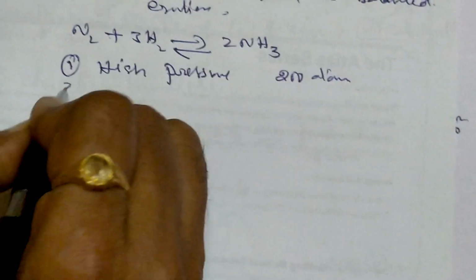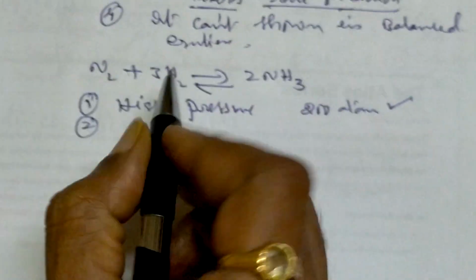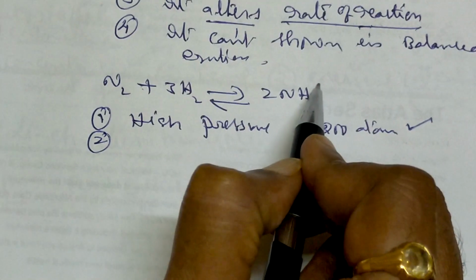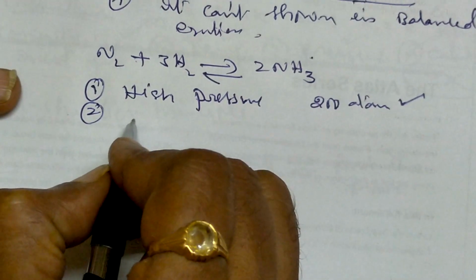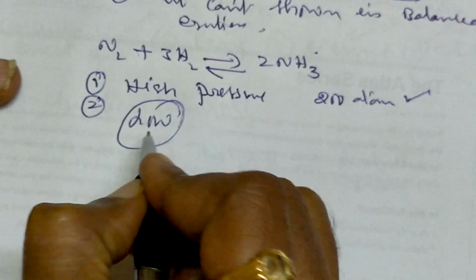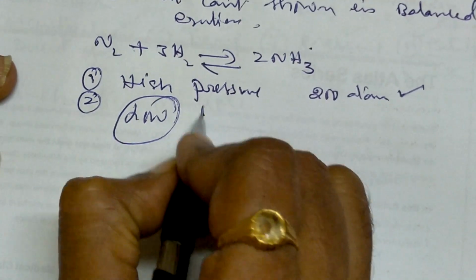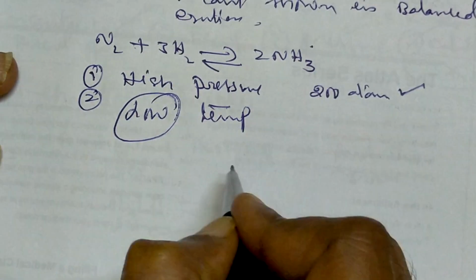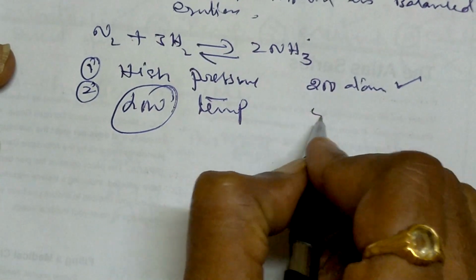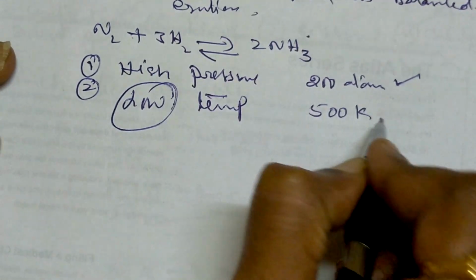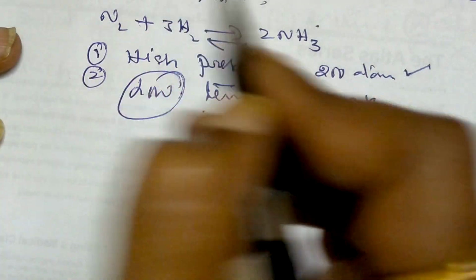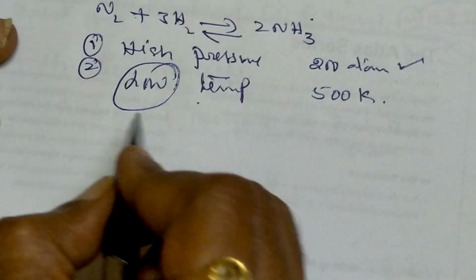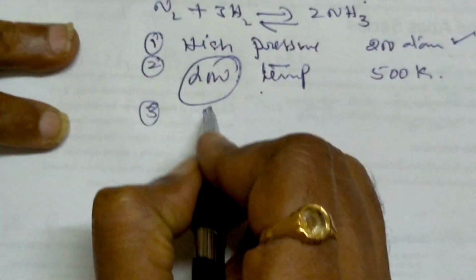High pressure is favorable because the right side has a lower number of molecules. Low temperature is favored, but what we are using is around 500 K, because at low temperature the rate of reaction is slow. So what we are doing, we are adding